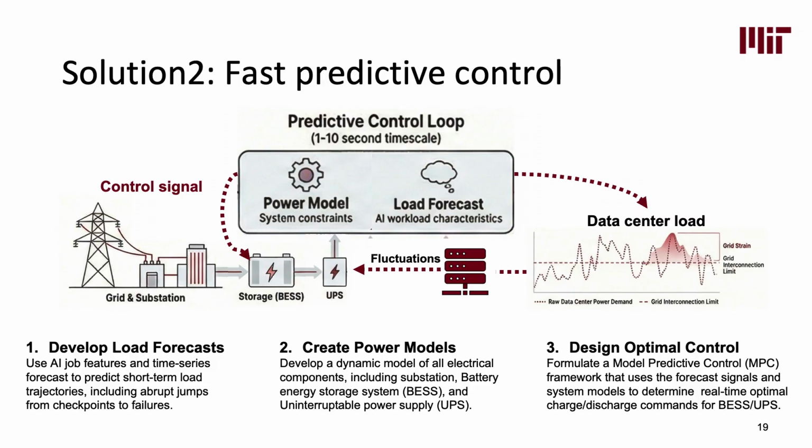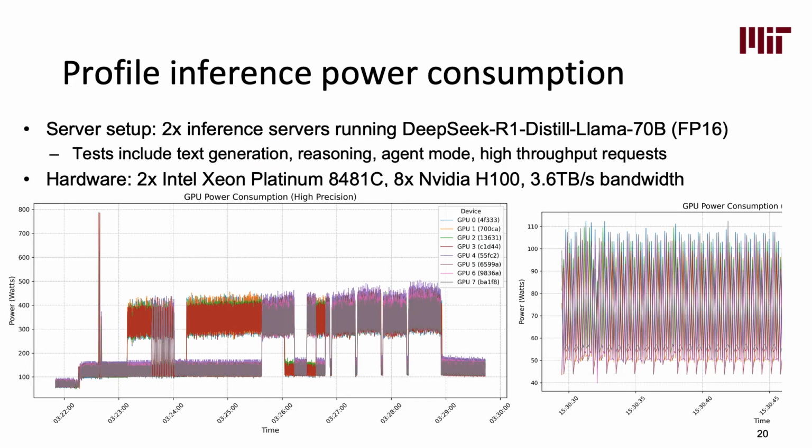So those are rough ideas. Something we've already done is running real simulations to see, for example, in the inference, what types of oscillations we have here. Those will be the second-level oscillations. Those will be the sub-second level oscillations. So the next step is we're going to try to build a load model for that.